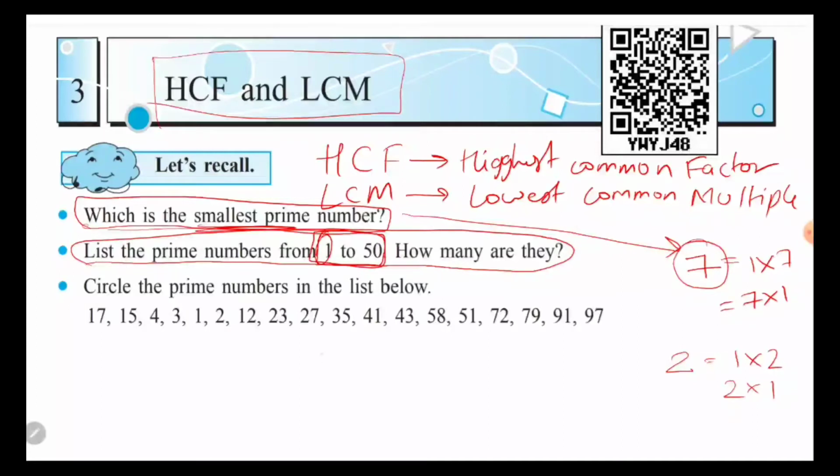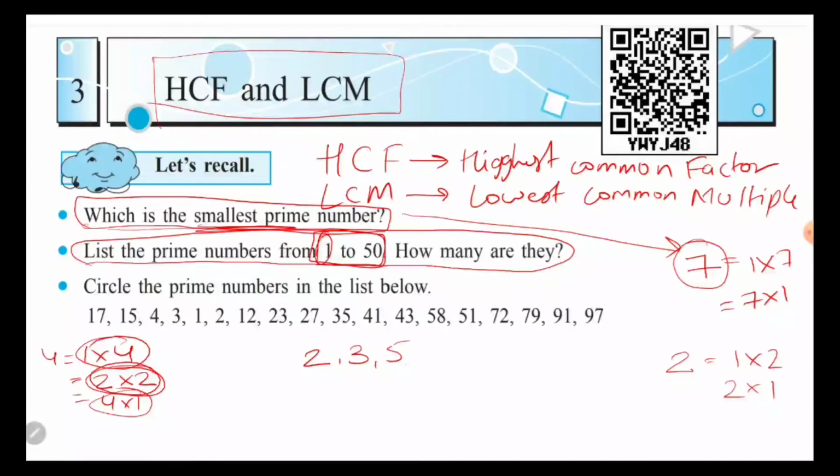Okay, so I will be writing here 2. 2 is the first prime number, after that 3, after that 5. Why not 4? Because 4 comes in 2's table. If I write here 4, then 4 comes in 1's table also. 4 comes in 2's table also. 2 twos are 4 and 4 ones are 4. So after 1 and 4, it also comes in 2's table. So therefore 4 is not a prime number.